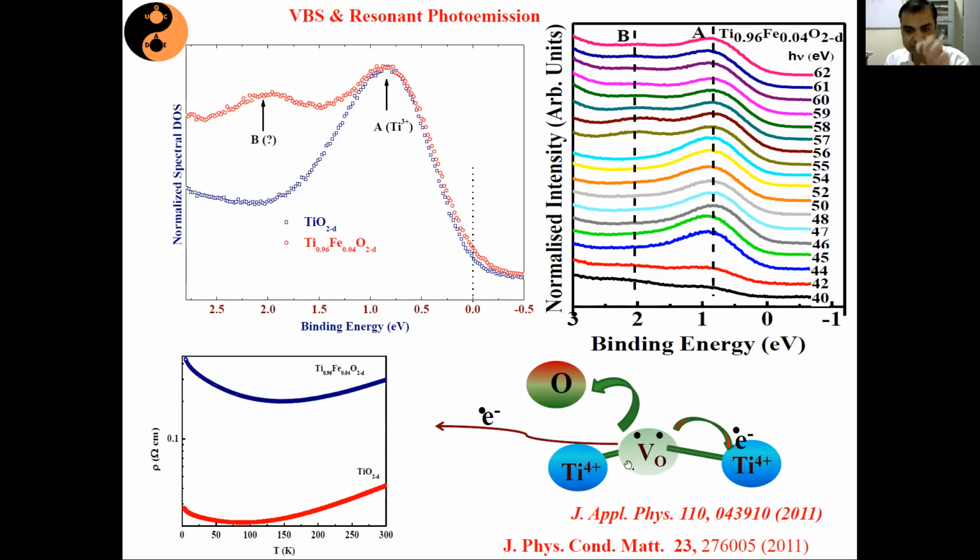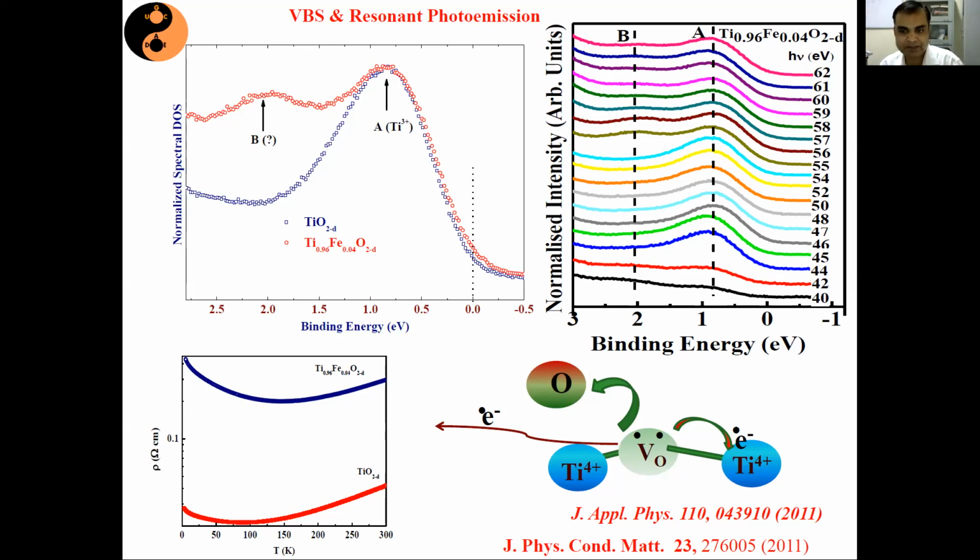But in the absence of that oxygen vacancy, the unattended 2 free electrons are available now. Those 2 free electrons can either be delocalized, or one of them can be delocalized and the other can go to a neighboring titanium 4 plus and convert it into titanium 3 plus, or both of them can go to neighboring titanium 4 plus and convert them into titanium 3 plus. So all these 3 possibilities are there. So we picked up the intermediate one.